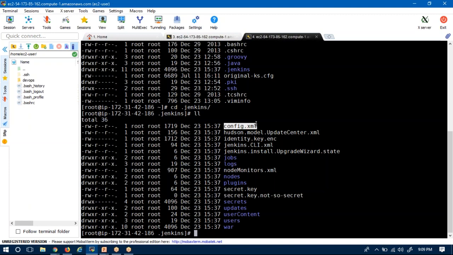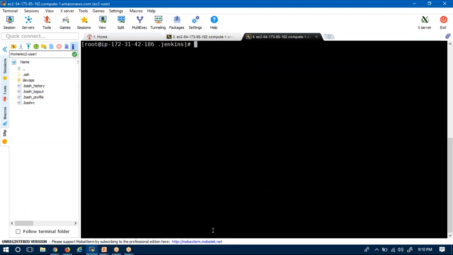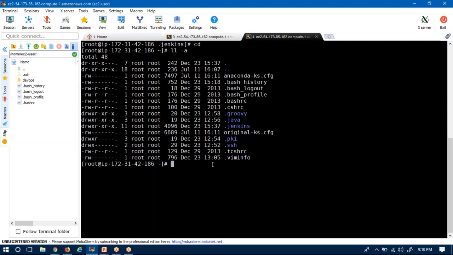Anyway, by running Jenkins.war, the Jenkins server, with the help of java -jar jenkins.war, it is creating a folder under the user's home. As of now root is my user, that's why I am checking under the root home directories, so it is creating the .jenkins directory.